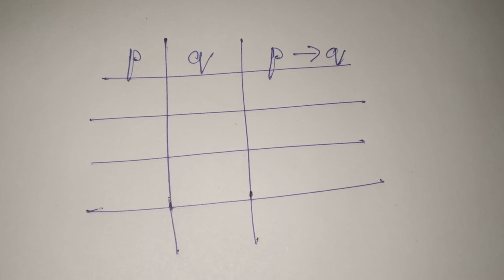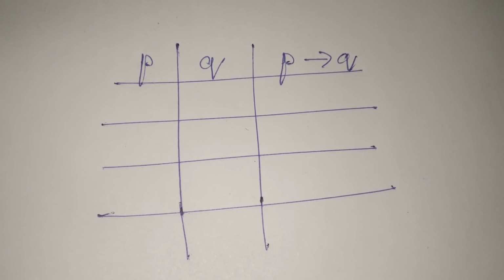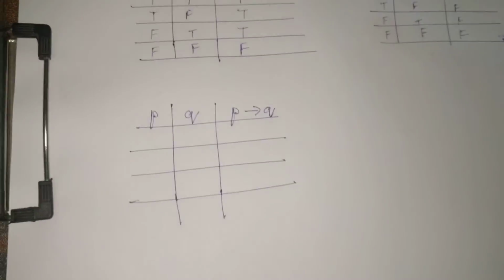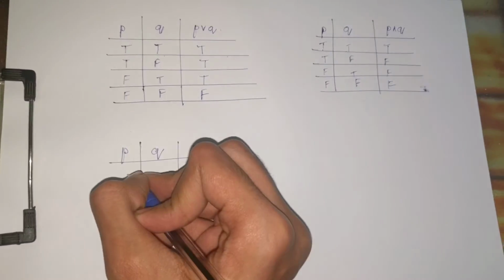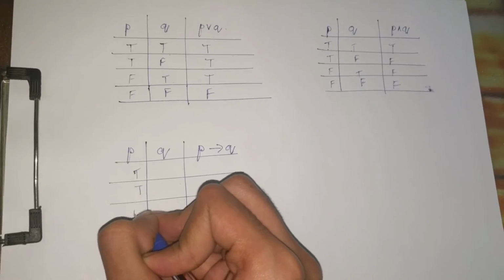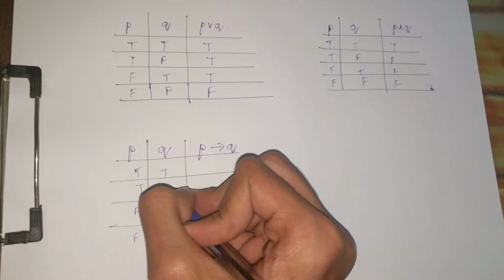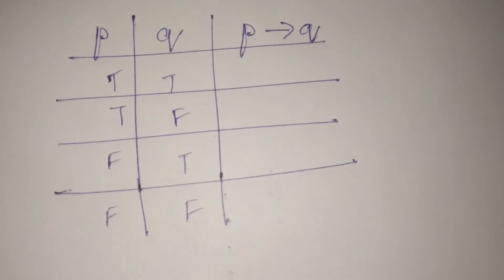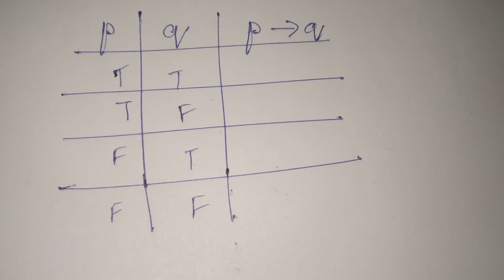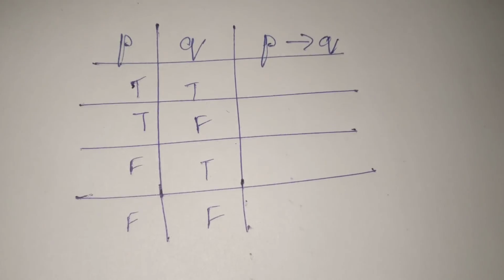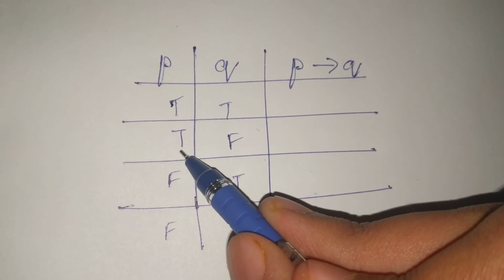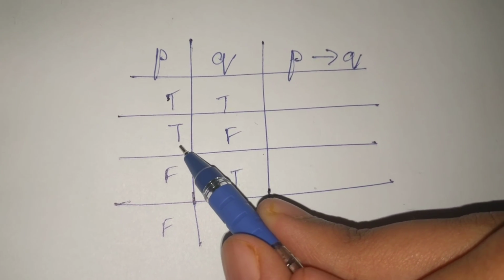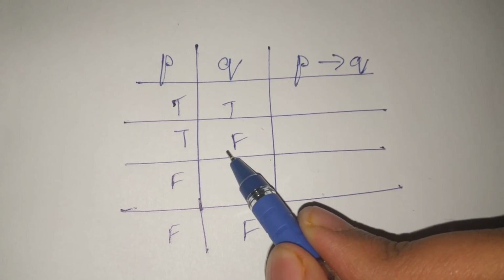Moving on to the next connective, if then. If P, then Q. So remember, our first step will remain the same irrespective of the connective. So we have TTFF, TFTF. Now this connective if P then Q is a little tricky. You need to remember, if P is true and Q is false, then the answer